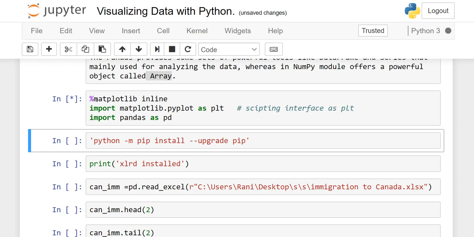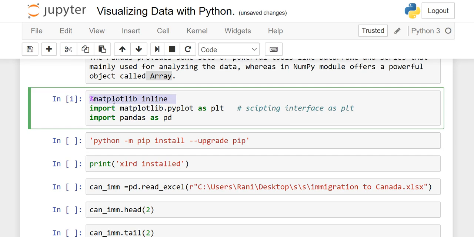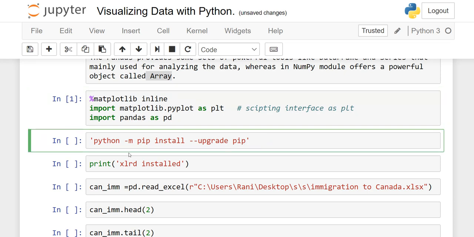Okay, I will explain quickly what this magic function is. See, when we make a plot, if I delete this and we make some plot, and afterwards I want to make some modification on that plot, I cannot do it. So if you want to modify the same plot, you also have to import this magic function. Now see, it is executed successfully.